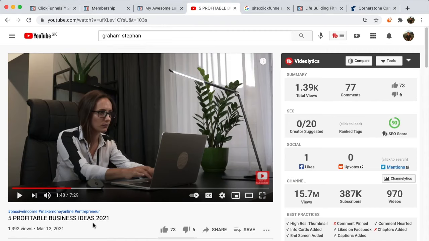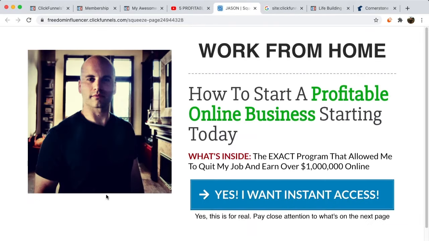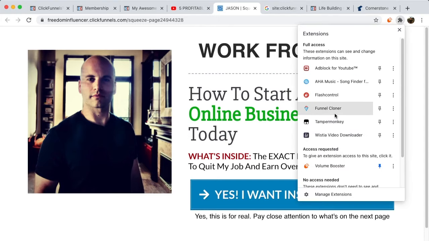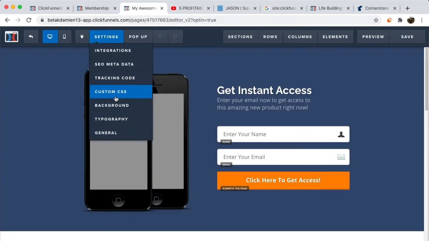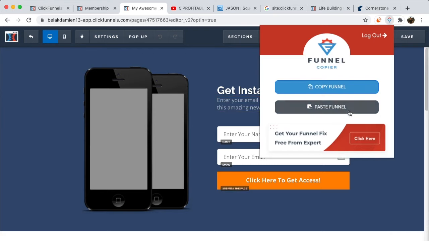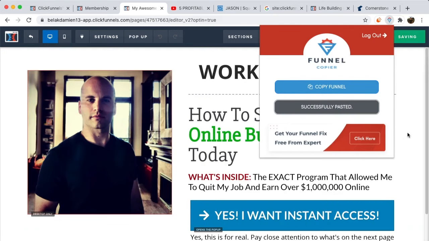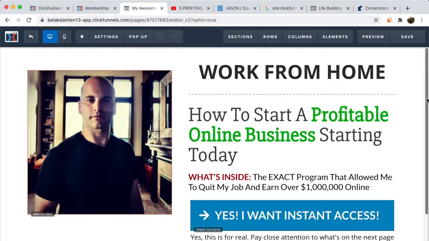Alright, and for this example, I watch Freedom Influencer and he has an awesome funnel which he promotes an awesome program online. So if I want to copy his entire funnel, all I have to do is click the extension button up here, click on Funnel Cloner. This will pop up a brand new window and all I have to do is click this little magic button, copy funnel, and now I have to go inside my ClickFunnels editor and click on the icon again, click on Funnel Cloner and click this button,